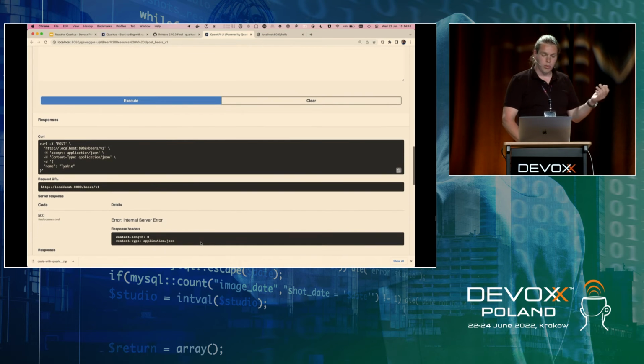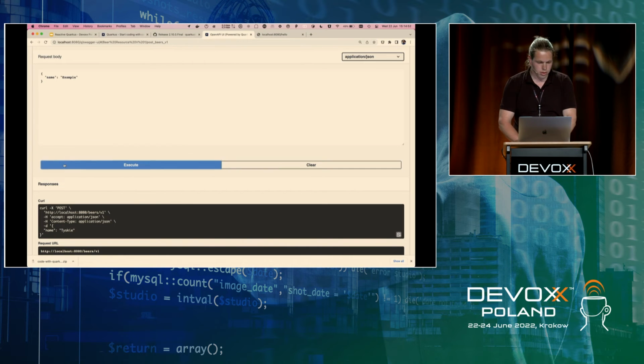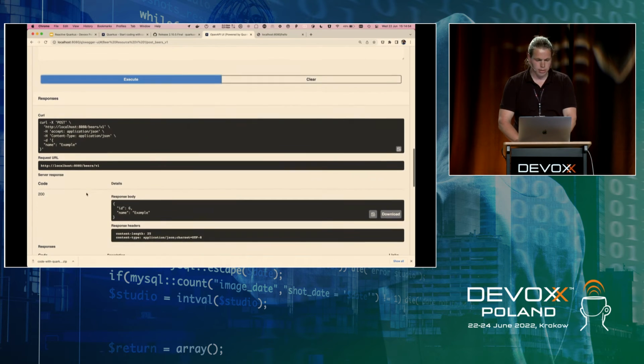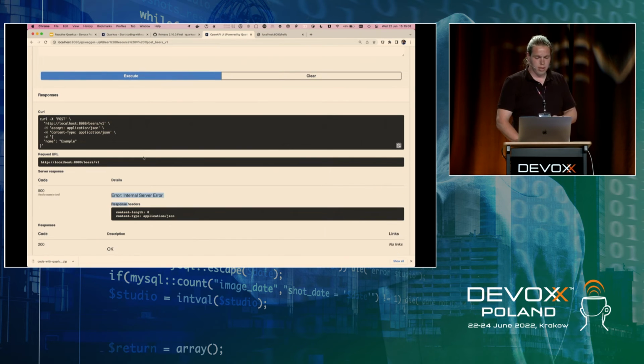And I actually pressed it twice. So on the second press, it gave me a server error. So let's enter something else, just an example. And here you can see that indeed, if I submit that one, here you see the curl request that was used, and then the response. So indeed, when I insert my beer, I get this beer back. And if I then try it a second time, I indeed get an internal server error because this beer already existed.